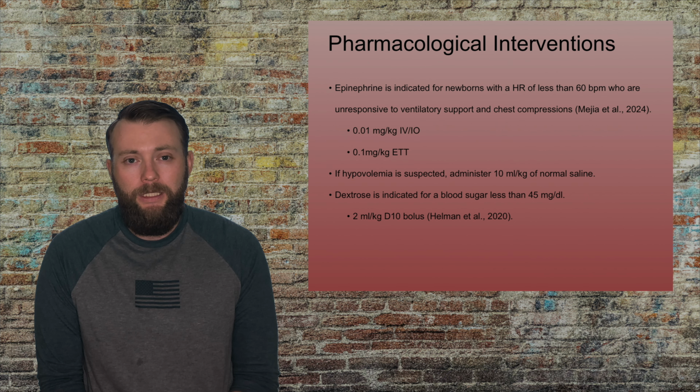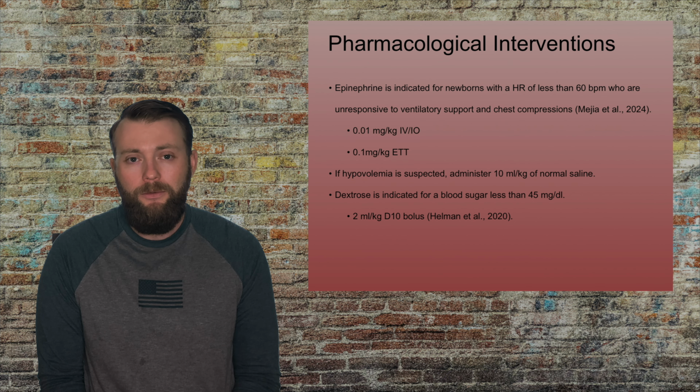Fluid resuscitation is not a priority in neonatal care, and so it's not routinely needed. But if you do suspect hypovolemia, normal saline can be administered at 10 milliliters per kilogram. We must be very careful not to fluid overload the patient. So utilize a drip chamber if it's available. IV syringes with specific amounts of fluid in them work well to deliver the appropriate amount of fluid without overloading